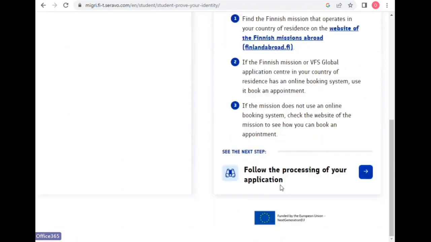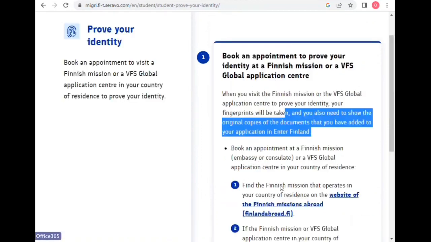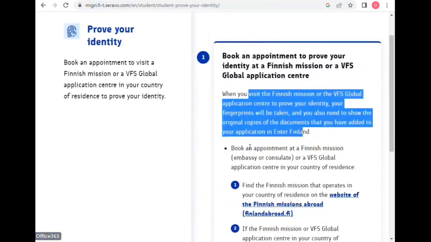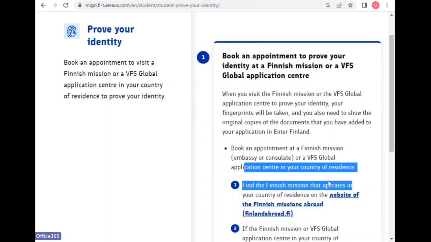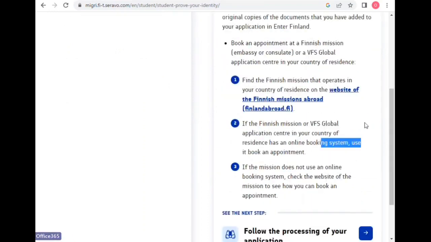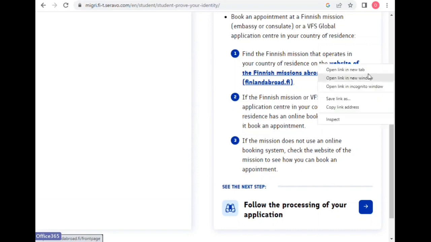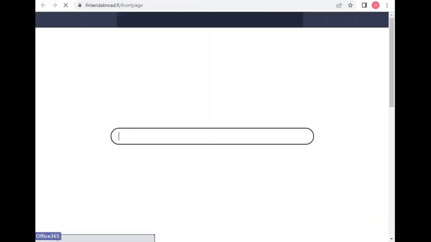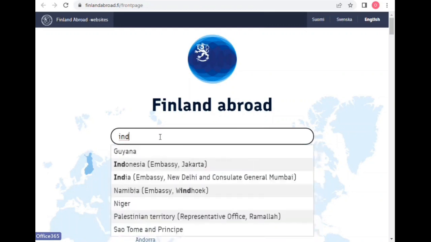And there you can go and provide your biometrics and the original copies of the documents that you have added. Okay, they have given all the information. So let's just see this link. Maybe it's some additional information. So if you select India here,